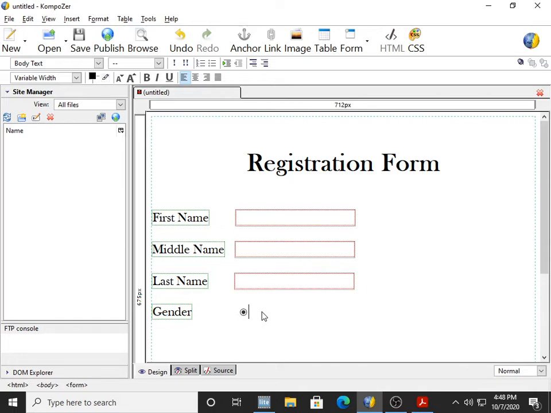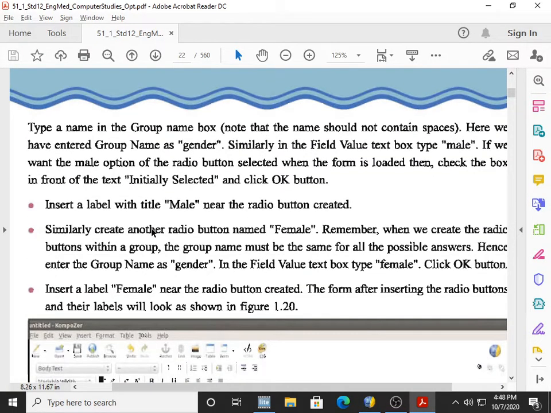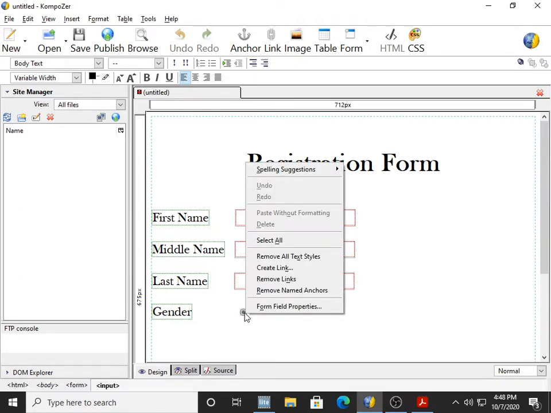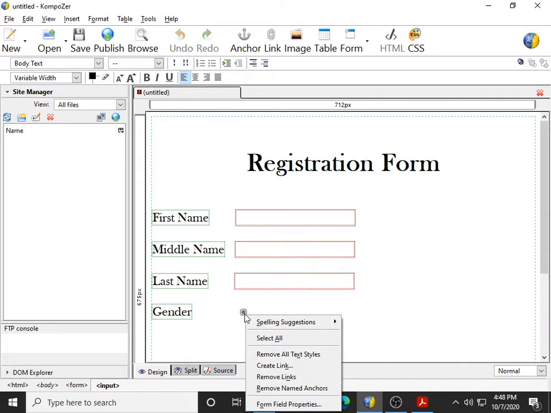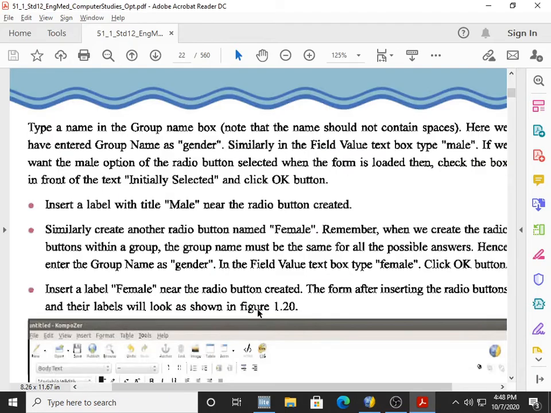Now beside this radio button, what is to be done? Now type the name of the group name box. Note that the name should not contain space. When you are preparing the radio button, you need to see that the name of this radio button should not contain space.